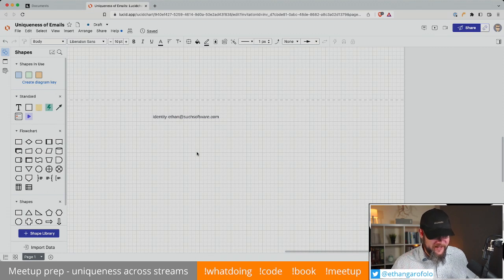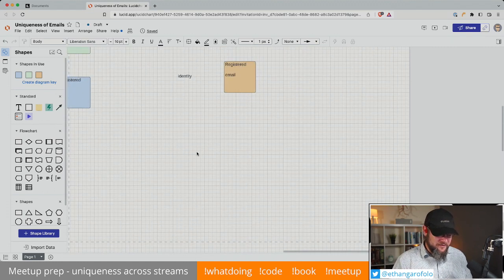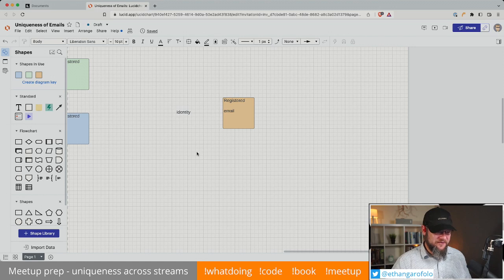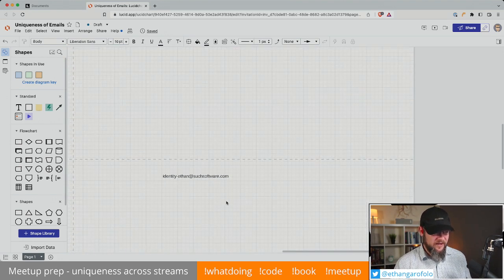But all right, so the point is, in our model, the first event that gets written to a stream is this registered event. That is the point at which that particular stream now has something in it and comes into existence. So if you try to write an event to the stream, but there's already an event, that would mean this identity is already consumed. You can't have it. And the way that we accomplish that is with